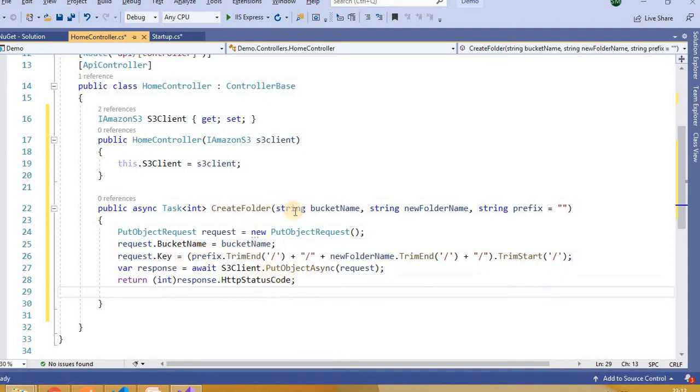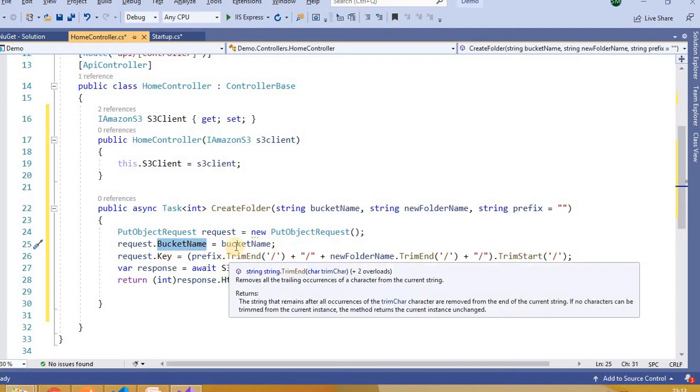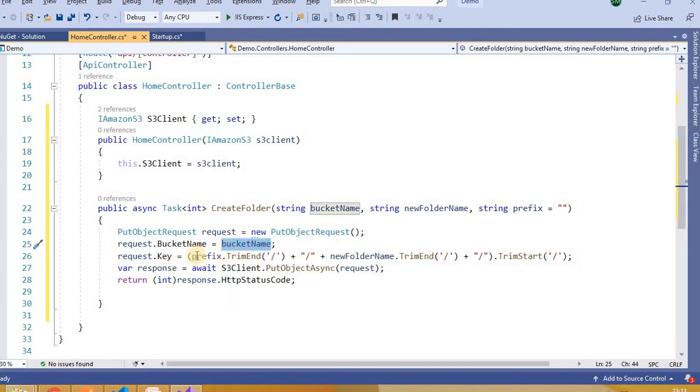Now what's going on here? First of all, we are creating the object request, and to the object request we are passing the bucket name in which we want to create it, in our case AWS learning, then the key, in our case demo/any new folder name. Then it will create a new folder with whatever name we provide inside this bucket and inside the demo folder. And if the response code here is 200, it means it has successfully created the object inside the bucket.